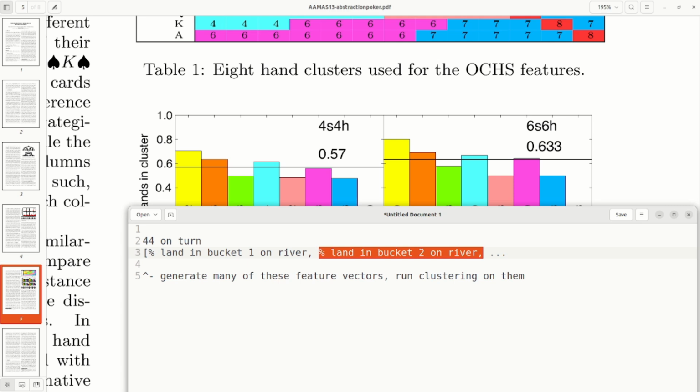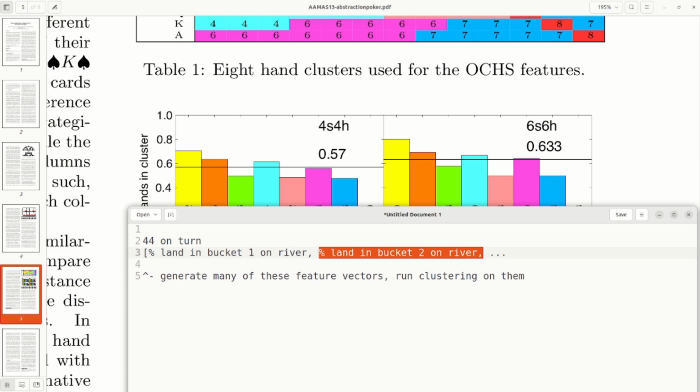But then after you run this algorithm and you have all your turn buckets, you then do the same thing from the flop. So your feature vectors on the flop are the probability you're going to land in bucket 1 on the turn and bucket 2 on the turn, etc. And when you do this,